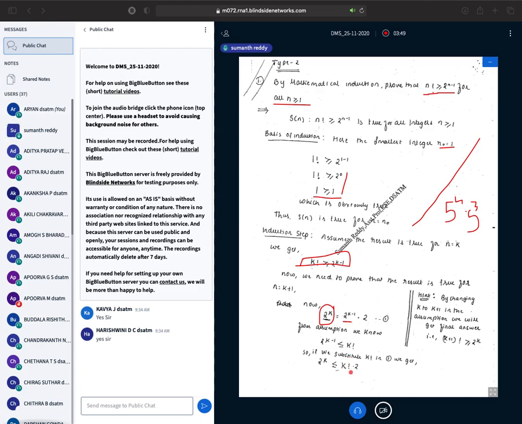Just observe this step now. This 2 to the power of k I will write as it is, and this 2 I will write as it is. In place of 2 to the power of k minus 1, from the assumption stage, I will replace it with k factorial. Since k factorial is greater than or equal to 2 to the power of k minus 1, this equal to symbol will become lesser than or equal to, because I am replacing it with a greater term, so this side will be greater.